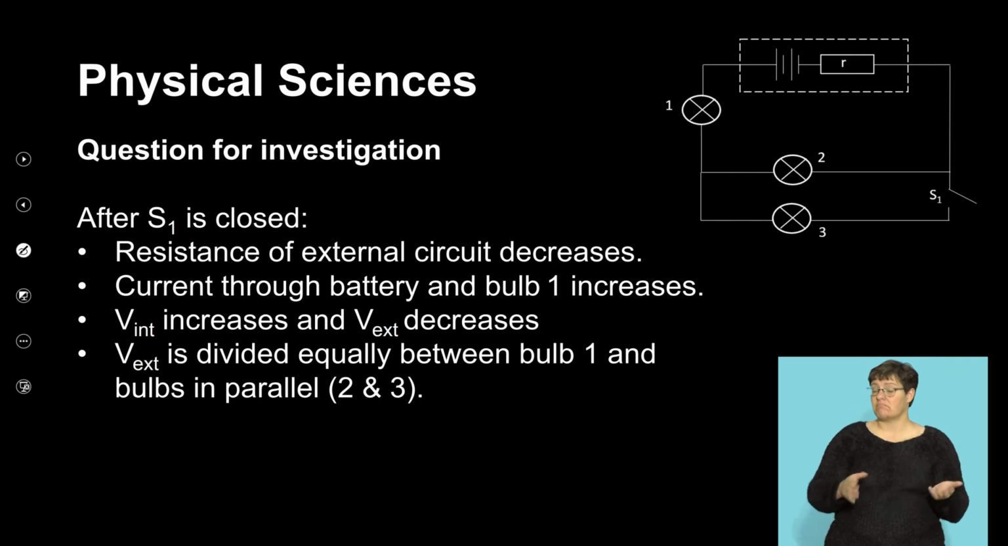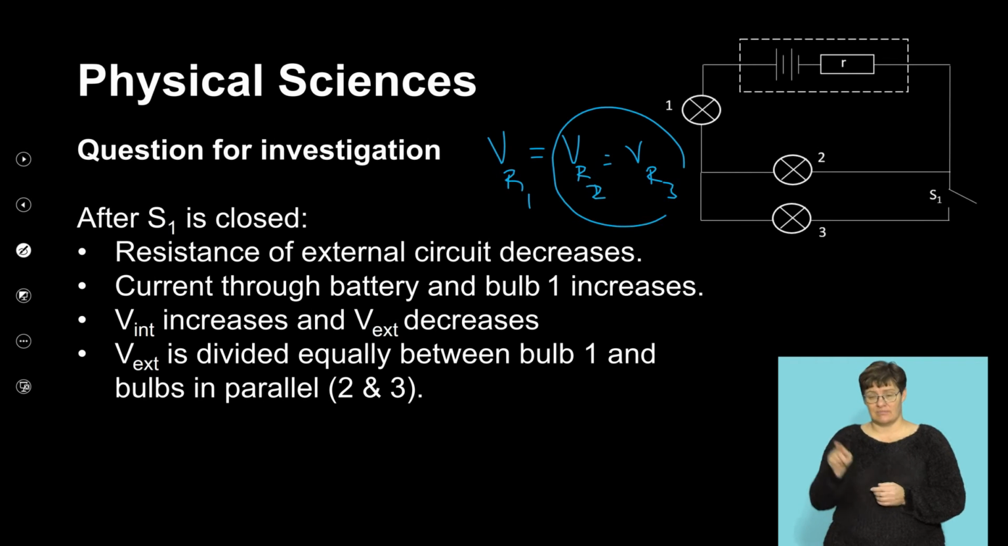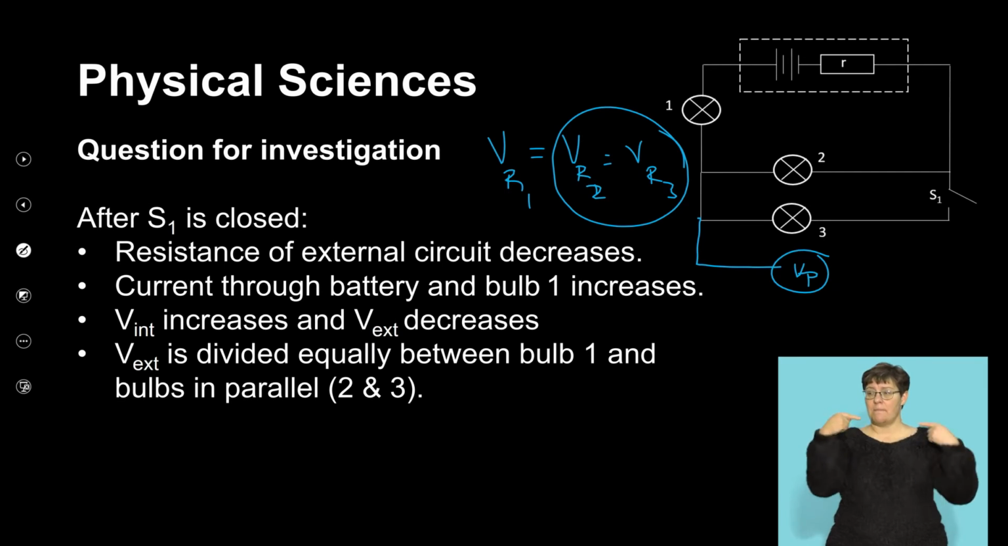2 and 3. In other words, this statement suggests that V across R1 is equal to what? V across R2, okay, which is the same as V across what? R3, right? Why? This is a parallel connection, so V remains constant. Okay, so the external voltage is actually divided across the 3. So in other words, this V parallel,